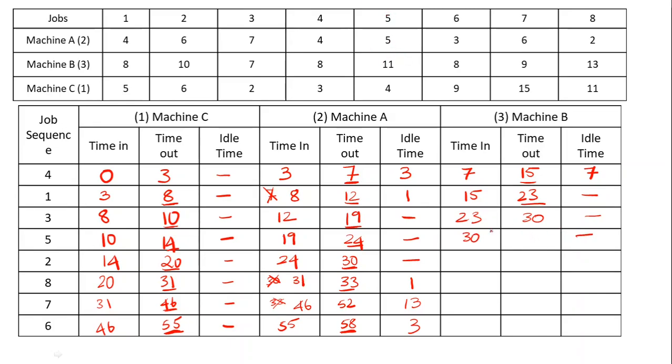Mission 3 takes 11 hours to complete, so 41. Compare 41 and 30, 41 should be filled up over here. The reason is the same, I am not just repeating the same reason. Then the job is 2, so it takes 10 hours, so 51. So compare 51 and 33, obviously 51 wins the race, no idle time.